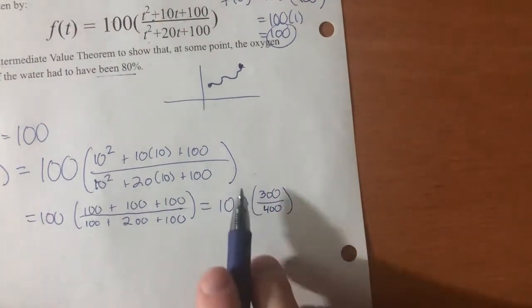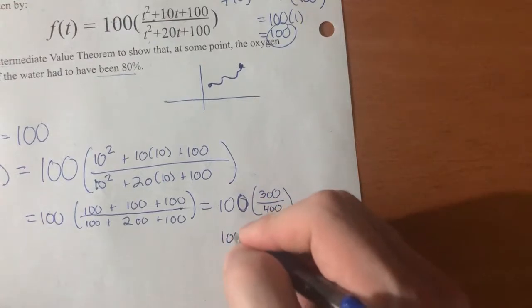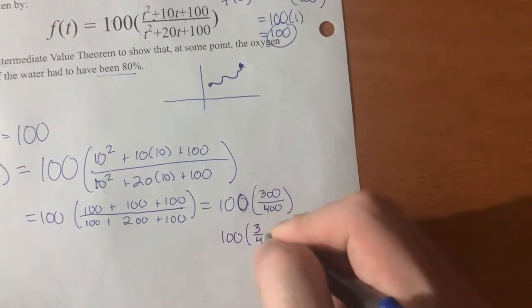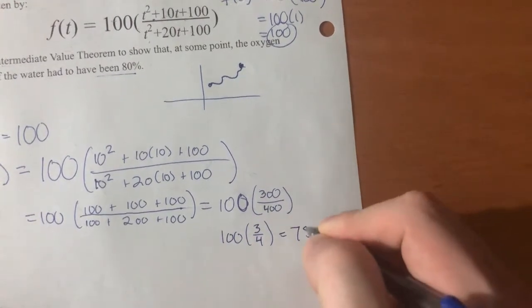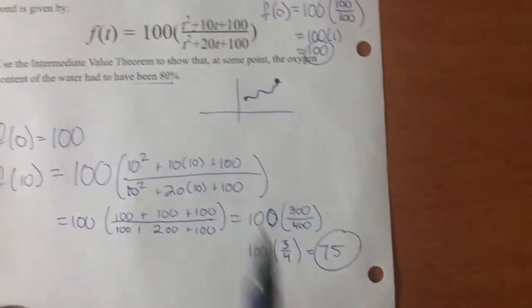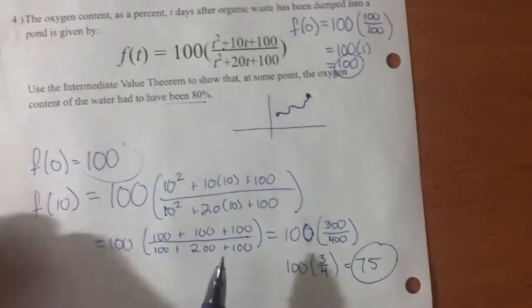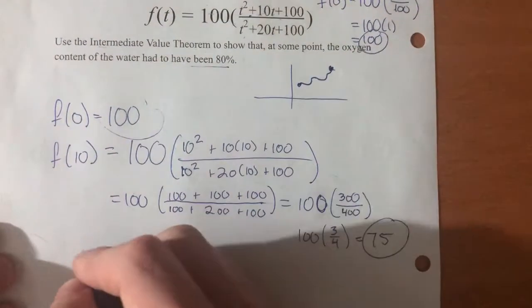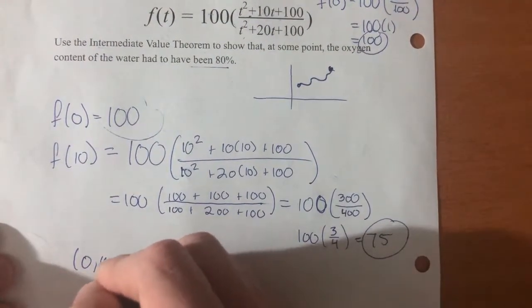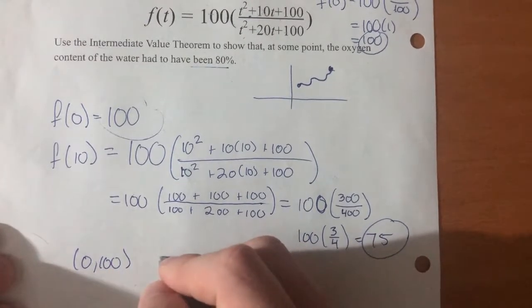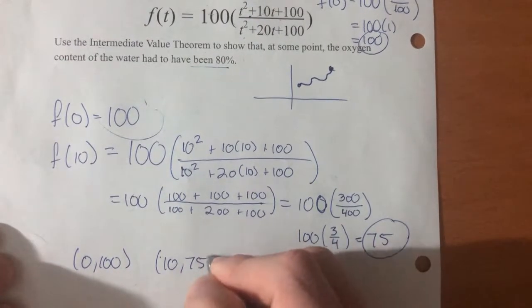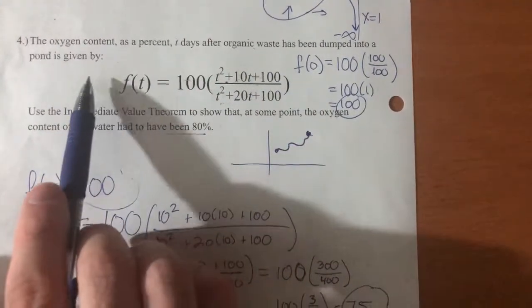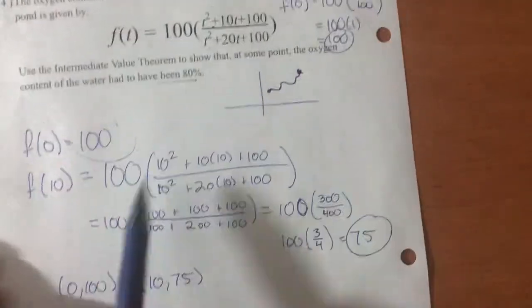Okay? Now, 300 out of 400 we know is the same as 3/4. And 100 times 3/4 is 75. Okay? So this is what we've got here. We know that we have 2 points now on the graph. We have (0, 100), and we have (10, 75), and because this is a continuous function, presumably, we know